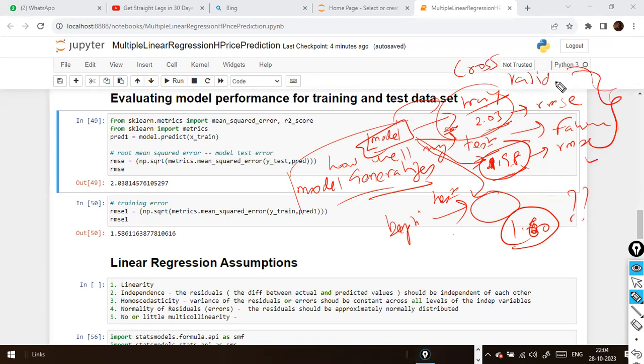Applying the trained model. Remember all of this. Don't watch the video again. So when you apply the trained model on the unseen data, or